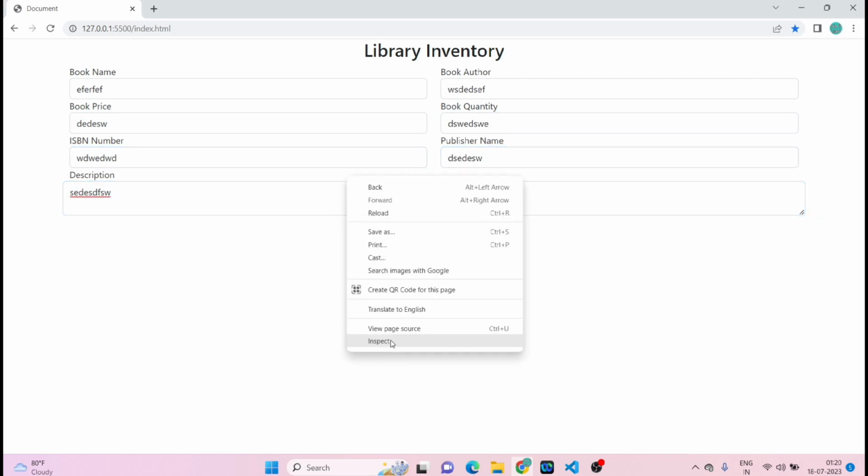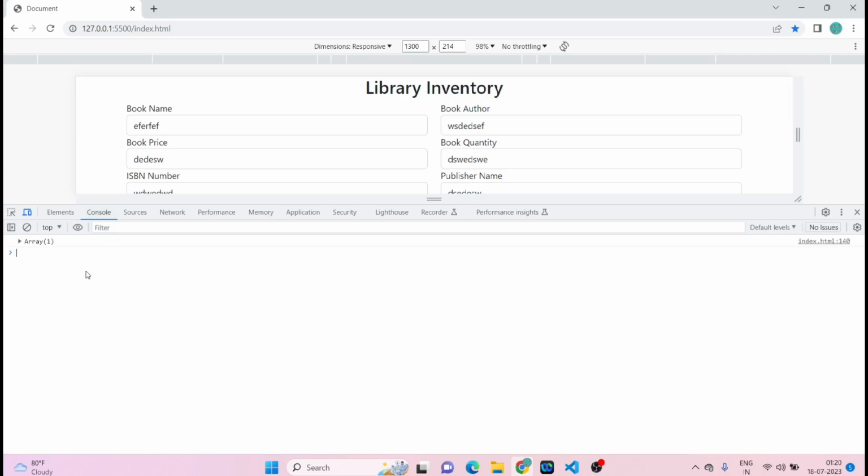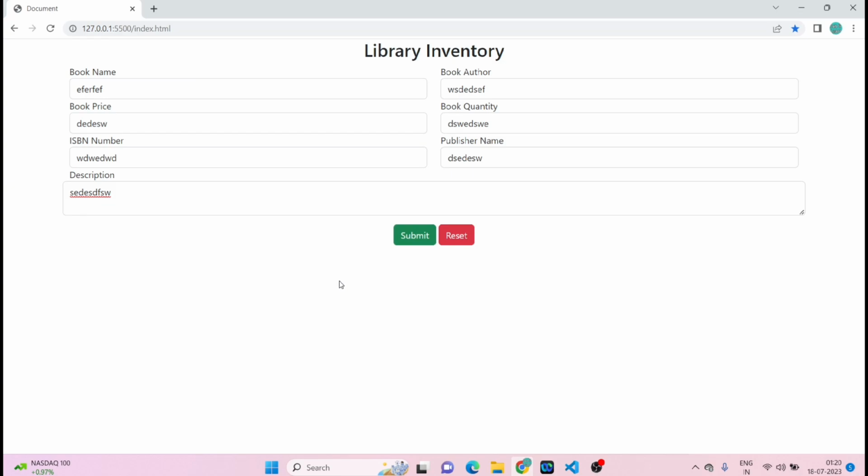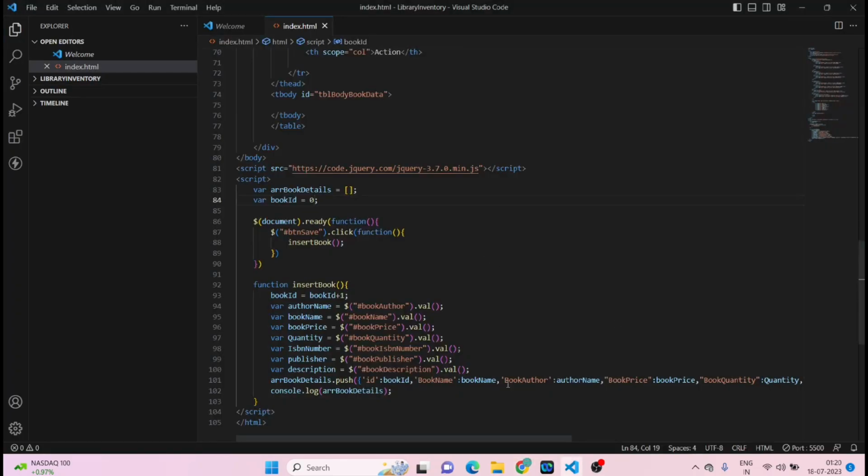Let's submit. Okay, yeah, now you can see the ID is 1. I'll add one more time. Now the ID will be 2. We will do the validation in the last part, but for now let's do this. Let's remove this,